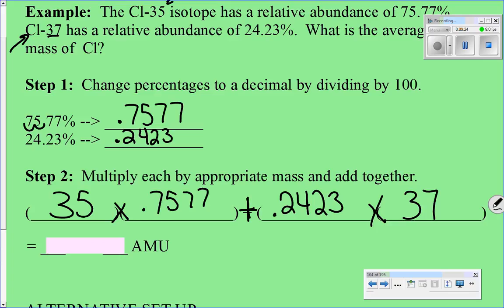Looking at this, you're going to notice more of the chlorine has a mass of 35. Your average here, the average of all the chlorines, if you think about it, should fall somewhere between 35 and 37. And it should be a little bit closer to the 35 side. So you're going to punch both of these in. We're going to do 35 point